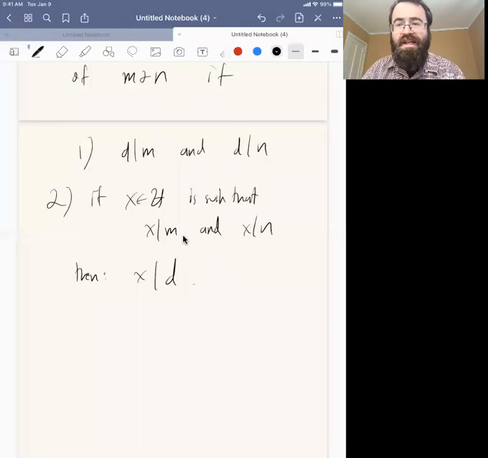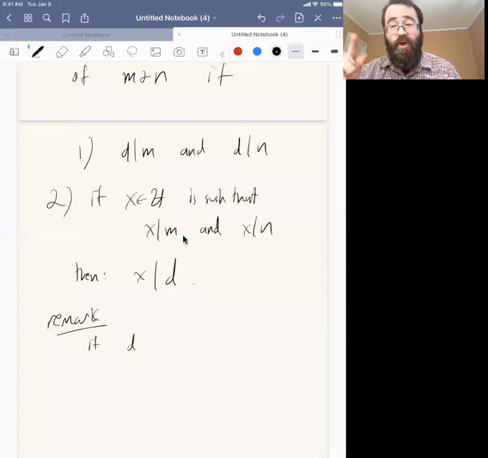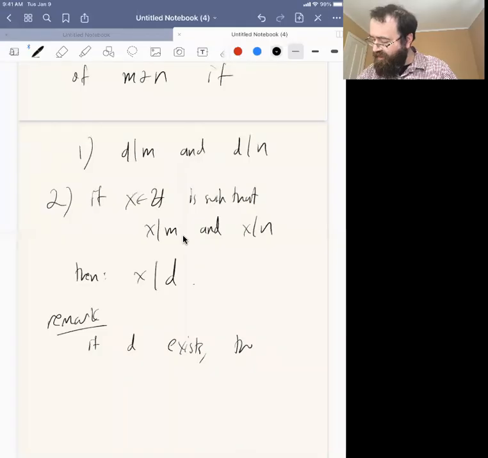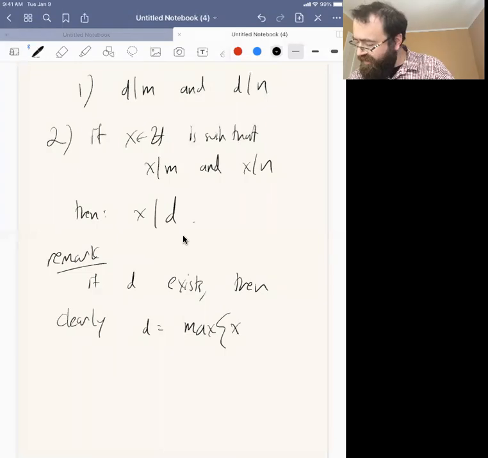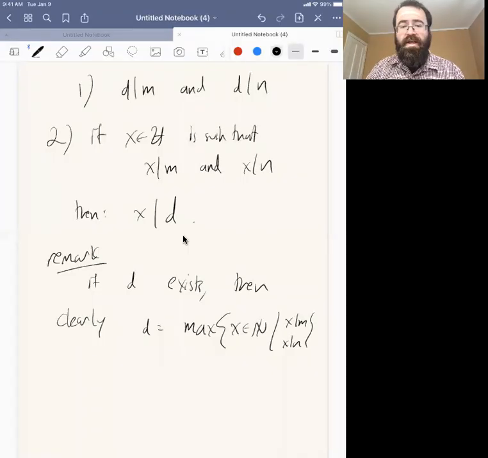Okay, so it's great. Let me remark, if d exists, and it always does, but we haven't proved it yet, I will get to that in a minute. If d exists, then clearly d is the maximum of the set of x in N such that x divides m and x divides n, right? Because if you look at that set, it is not empty, by